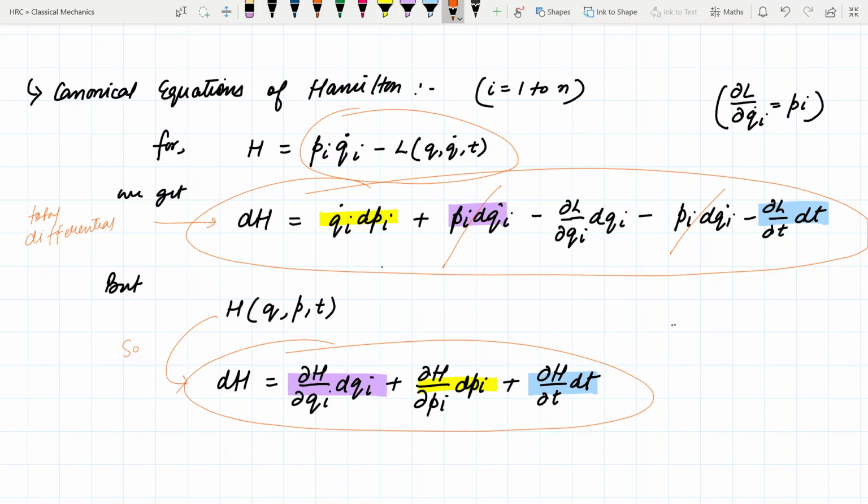तो फिर लेट मी जस्ट टेक अ लुक, एक सेकेंड. p_i dq_i dot and minus p_i dq_i dot cancel out हो गए. बचा आपका q dot dp_i and minus del L upon del q_i. ओके,